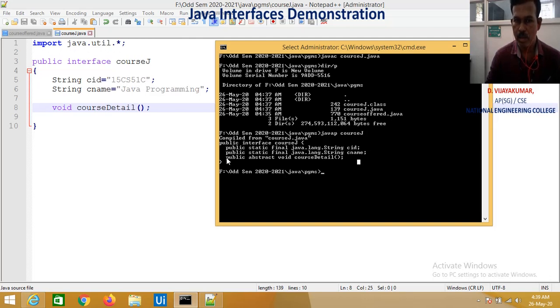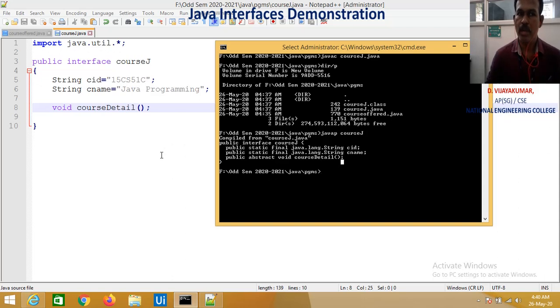Like that, look at the method declaration: public, abstract, void, course detail. Whereas the method declaration in the interface course j source code has only void course detail. This way your compiler as well as JVM automatically promotes the member variables of your interfaces into public, static, final, and the method declaration into public, abstract.